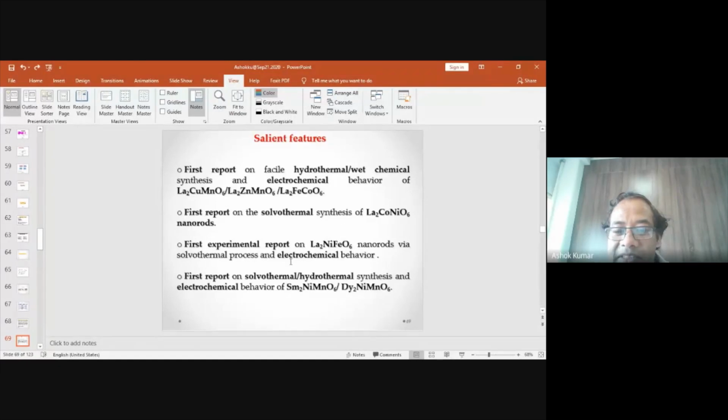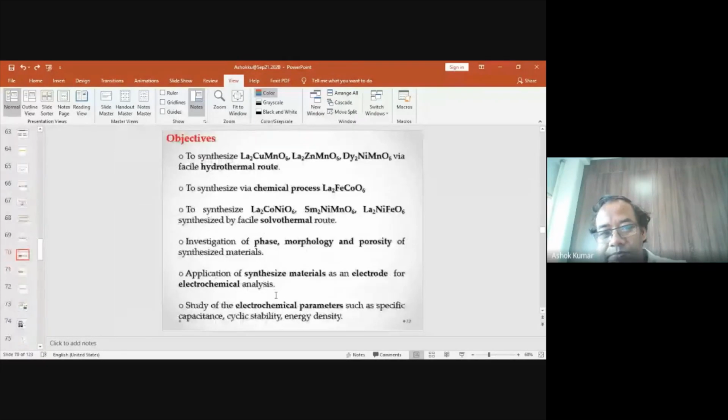So we have synthesized this, and then we also did another experiment on this material. So this is the first report on experimental study as well as synthesis. Then we have the first report on solvothermal, hydrothermal synthesis for these particular materials. And then the objective: for any study, you design according to the